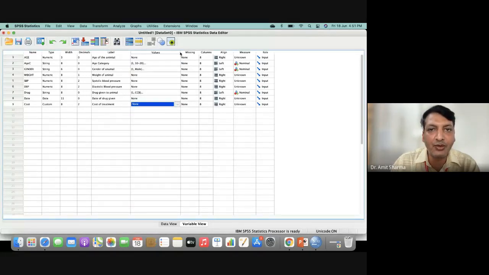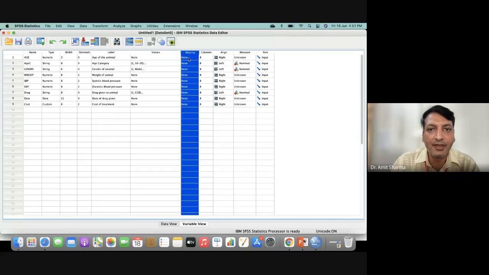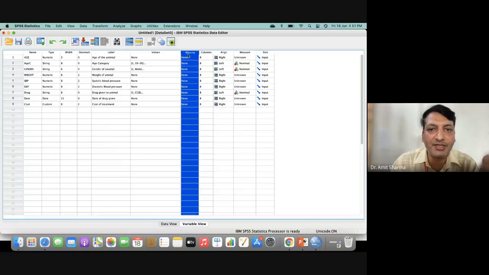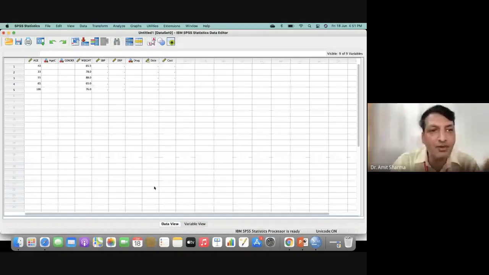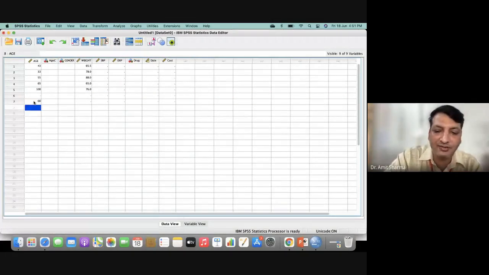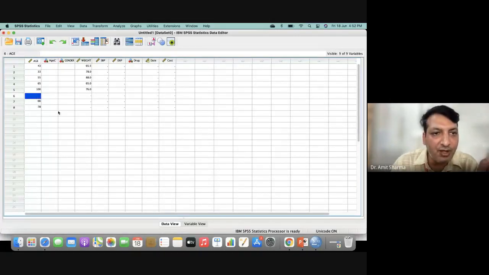Once you have given the code, you can switch to the option called missing. Now what it means: I am switching to data view. It is not necessary that we are going to get the weight or the age of all the patients. For example, for patient number 6, I have not received the age in the data collection form, so this column will remain blank.